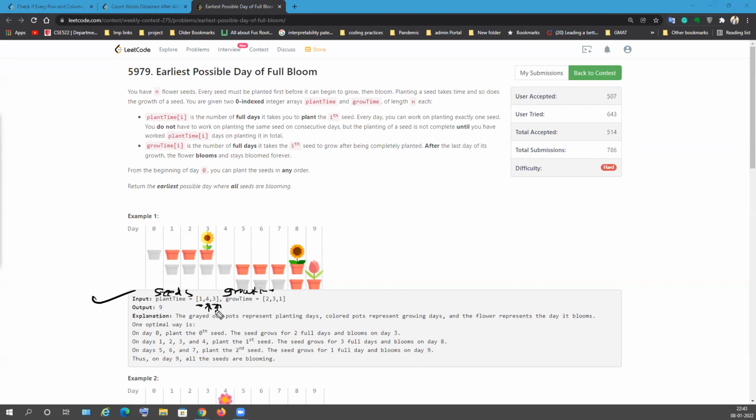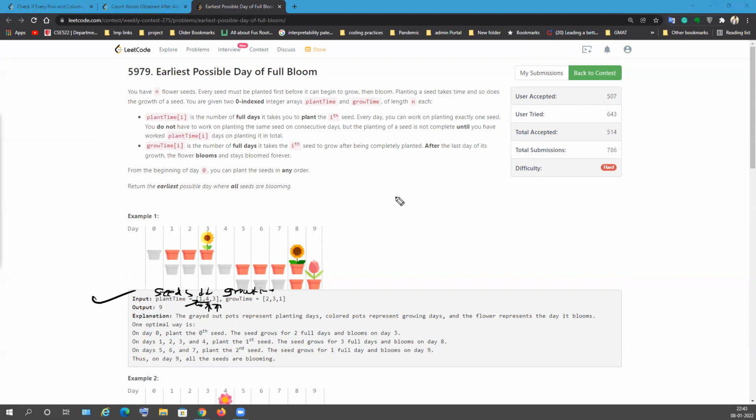And the most important thing is, in a particular day, you can only plant one of the seeds. It's not like you are planting this one and this one simultaneously. No, if you are planting this plant, you cannot plant this one. But if you are planting this, you can finish it or leave it in between. But this is for one day, so you have to finish it in one day. But for example, this is 4.